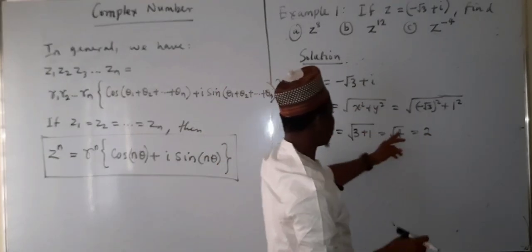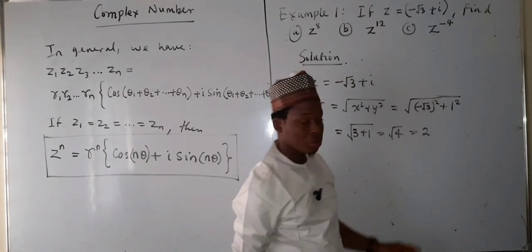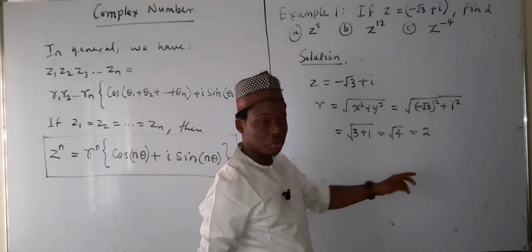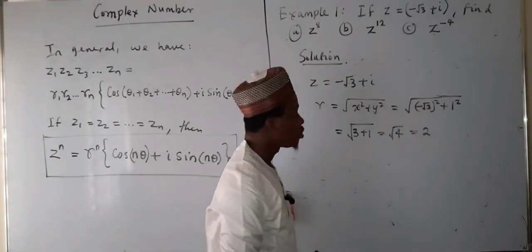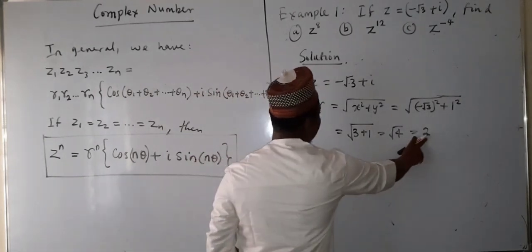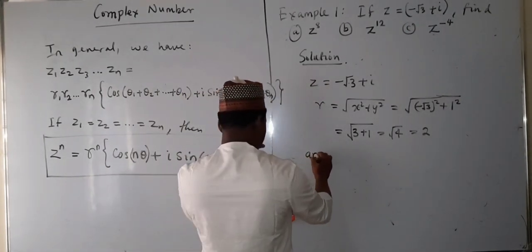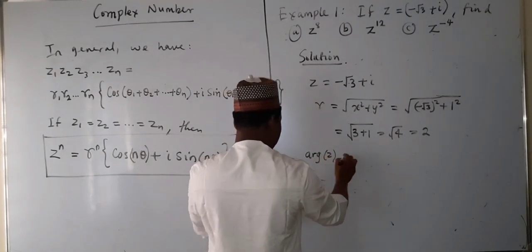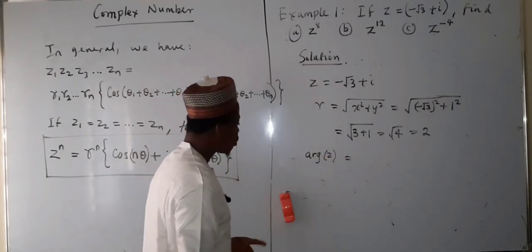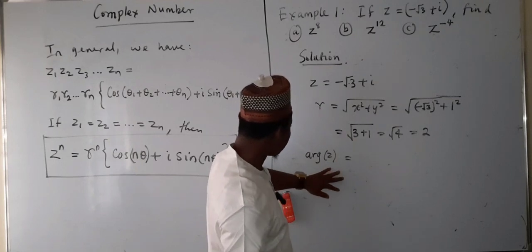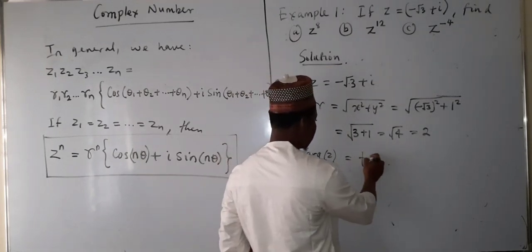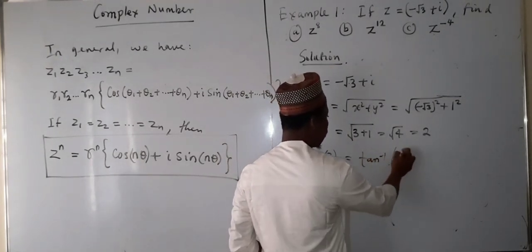The square root of 4 actually is plus or minus 2. Yes, but since we are talking about distance, we take the positive value. So the modulus is 2. Then the argument of z is equal to, first, before finding this, we use tan inverse of y over